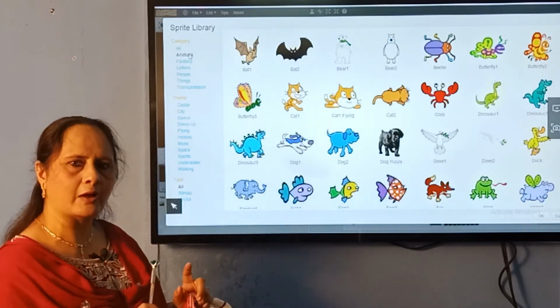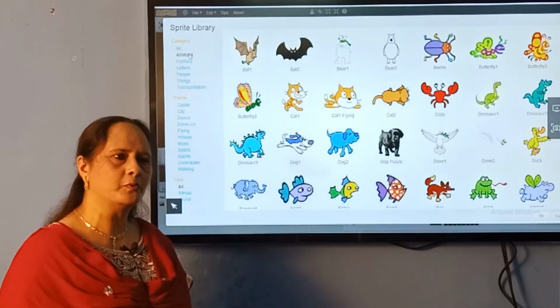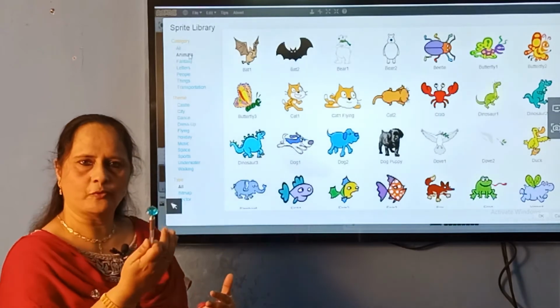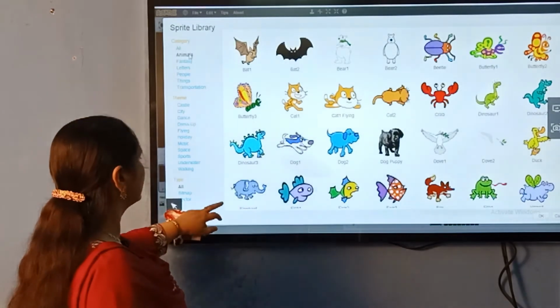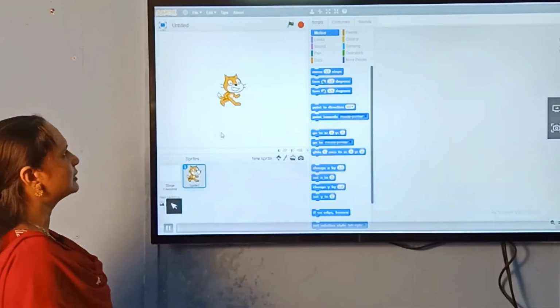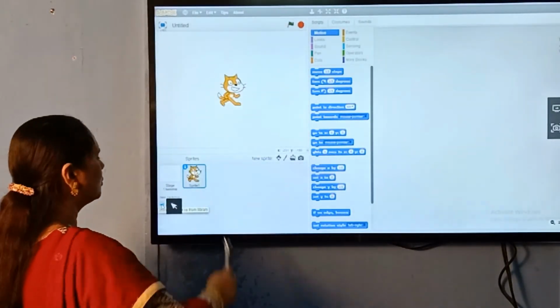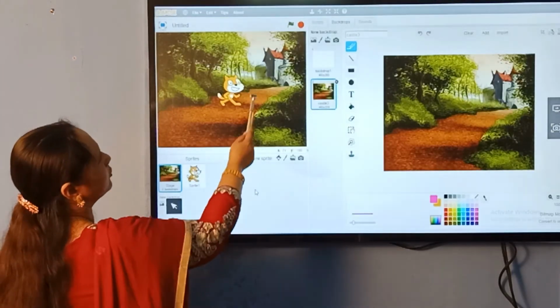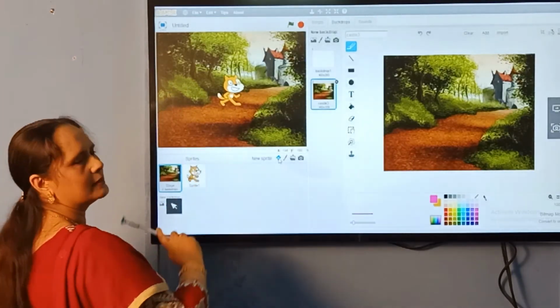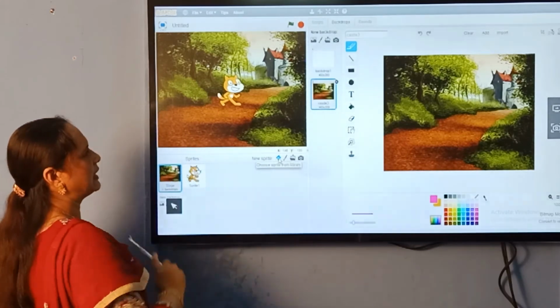So first let us have one backdrop. The backdrop can be like one entrance of the house or a roadway or one garden, anything I can take like that. So see here what I am going to have. First I want to have a background. I am going to select the backdrop. See, this backdrop is nice because the house is there, roadside is there, garden is there, everything is there. So I have selected this.